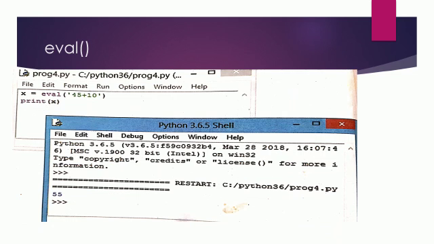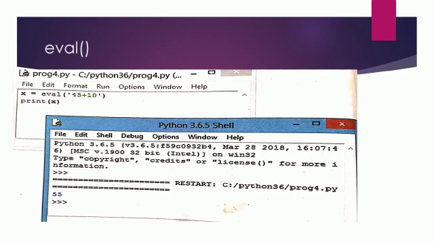Eval means evaluate, evaluate the value. You can say it like that. So the eval function is also something similar to the input function, but inside the eval function you can give an expression as an argument.